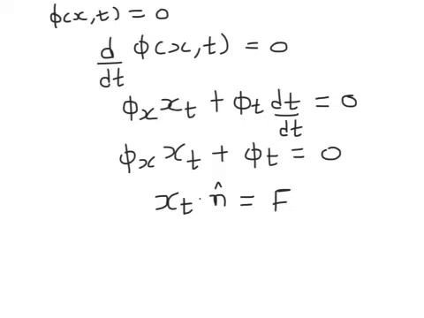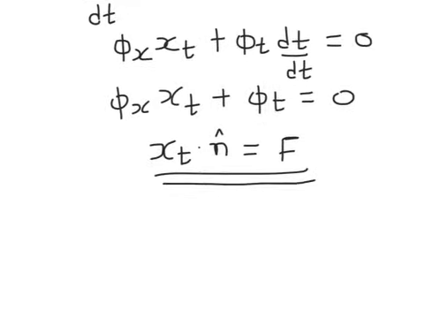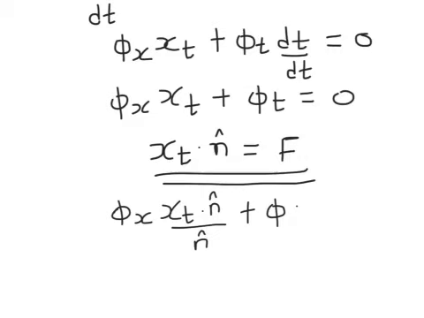So to exploit this relationship here, we are going to multiply and divide by the unit normal, so that we get something like this here, and then we have to of course divide it as well. So we have this now,